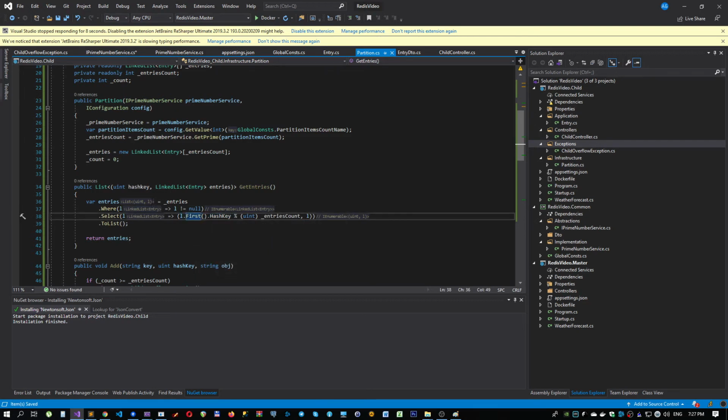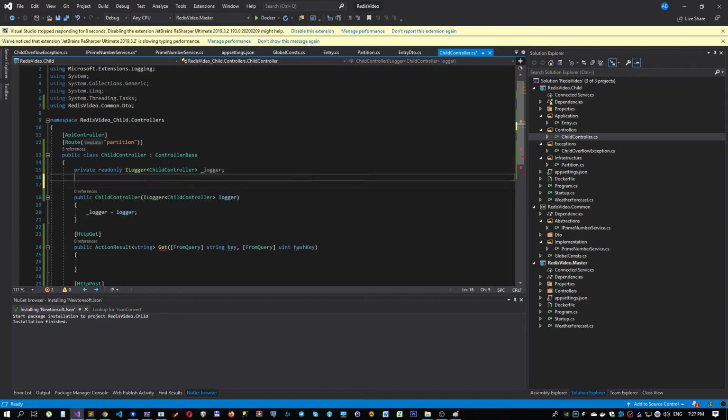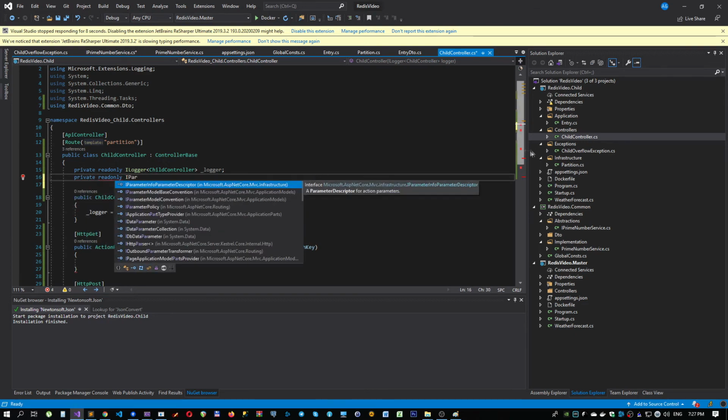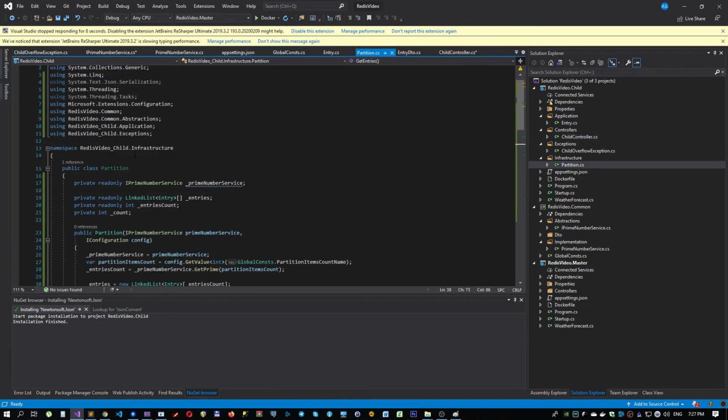Since each bucket has basically the same hash key and every entry in a particular linked list has the same hash key, we can just grab the first entry's hash key. And also, because I would like to know the particular index in our entries, we should perform a modulo operation, and after that we just put here our linked list, therefore the list of all entries by that bucket. And now we can just use this service here. Oh no, we cannot, because we should extract the abstraction,